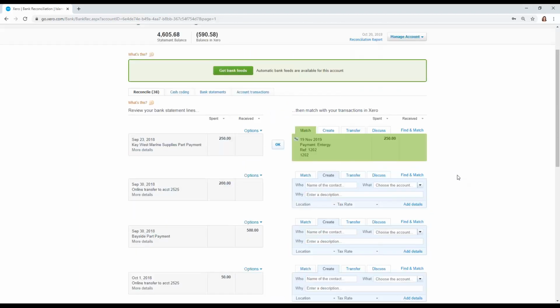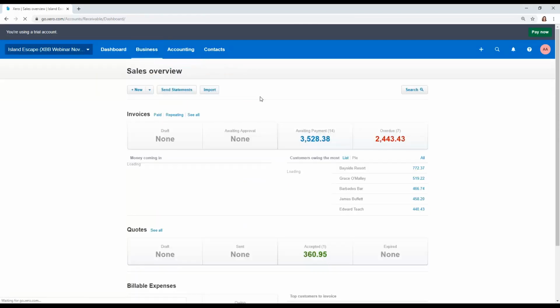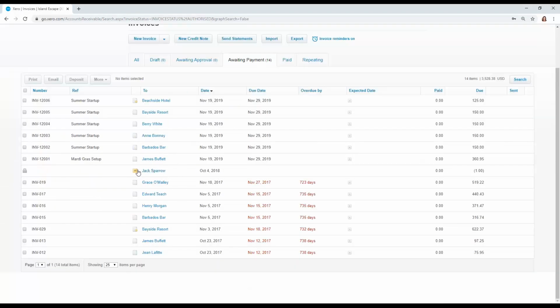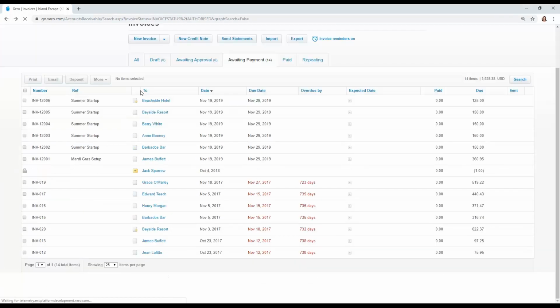We played in this yesterday. Business sales overview. Awaiting payment is our AR balance. If I scroll down, I'll see that Jack now has a little sticky note, looks like a credit note for $1 overpayment, right? I can click in and I can see here's the extra $1 we got into Big Bank Checking. When I go to create an invoice to that contact,